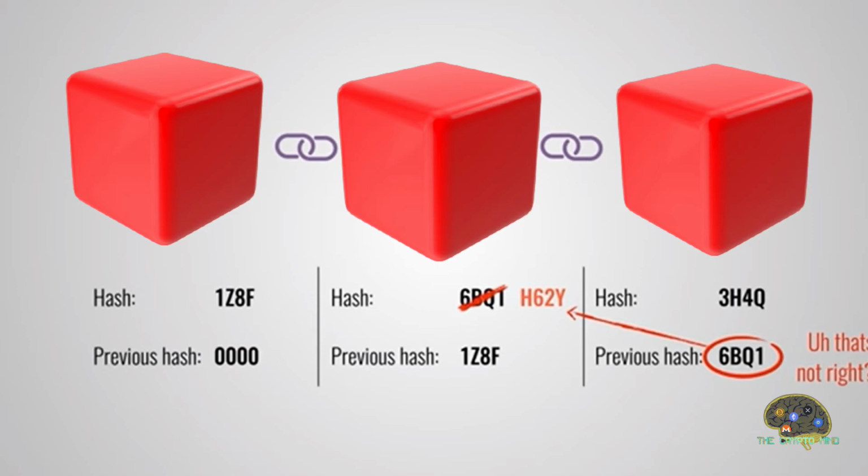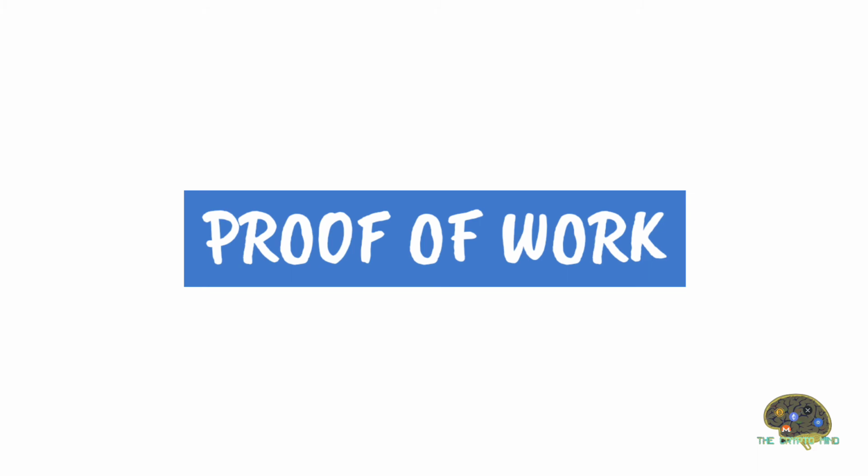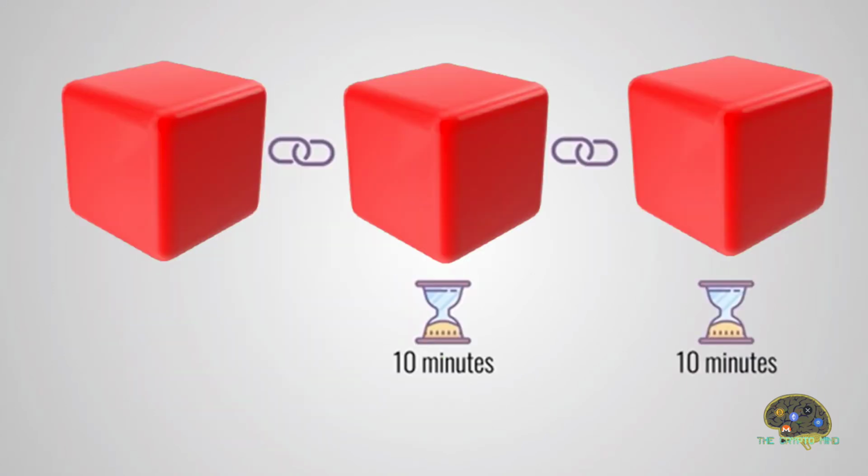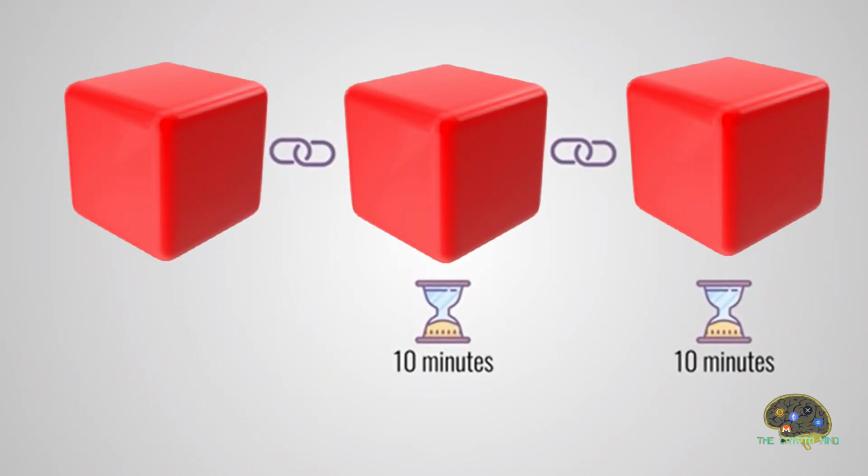But using hashes is not enough to prevent tampering. Computers these days are very fast and can calculate hundreds of thousands of hashes per second. You could effectively tamper with a block and recalculate all the hashes of other blocks to make your blockchain valid again. So to mitigate this, blockchains have something that is called proof of work. It's a mechanism that slows down the creation of new blocks. In Bitcoin's case, it takes about 10 minutes to calculate the required proof of work and add a new block